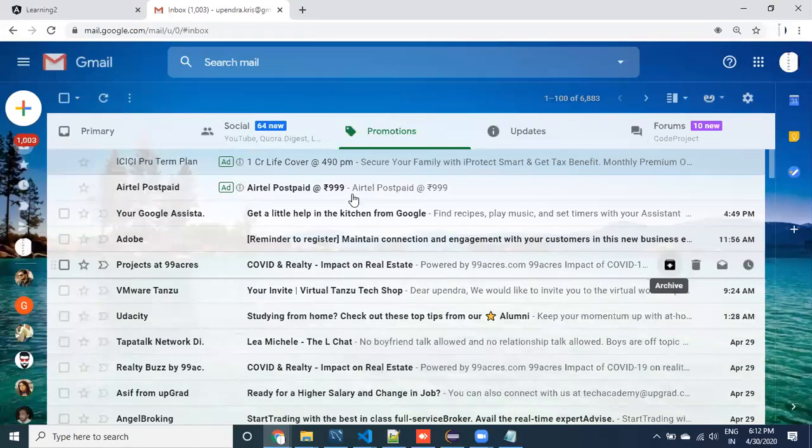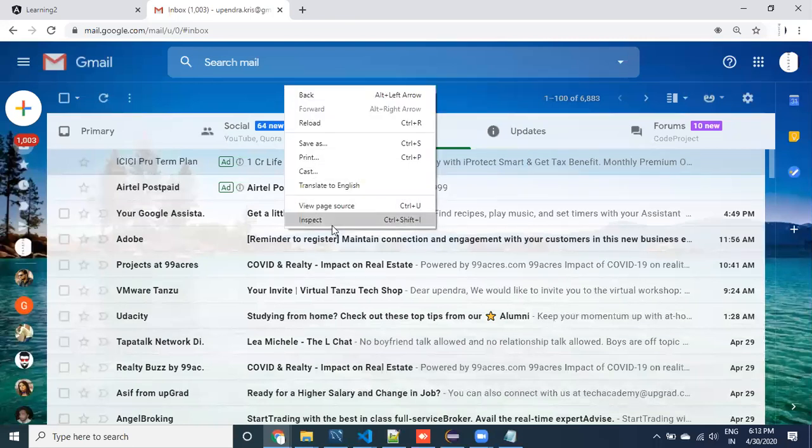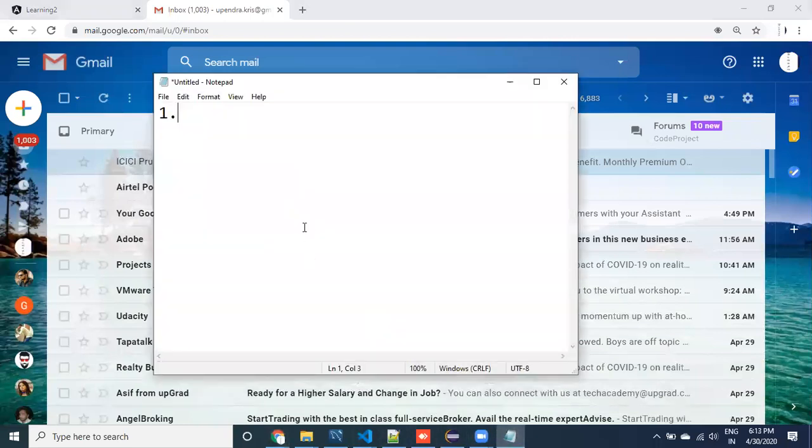Now if this application is developed in Angular, how will it look? Let's look at it, guys. Any web application is built on HTML, CSS, and maybe JavaScript or TypeScript.